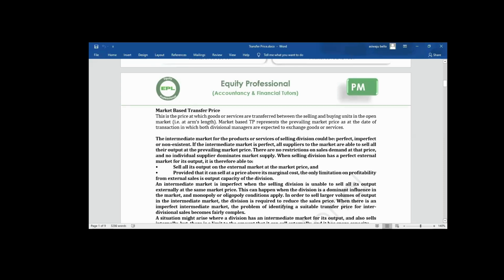Then lastly, we have non-existent external market. It simply means that there's no external market for that product. External customers are not buying that product. It means that once that product is produced, that product will be transferred to another division. That product becomes the input of another division. A good example, if you look at the Mercedes-Benz door, the Mercedes-Benz door is peculiar to Mercedes car. That door is manufactured by a division within that company. Once the door is manufactured,